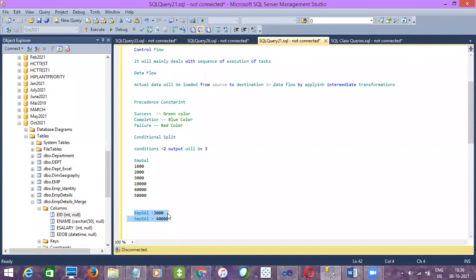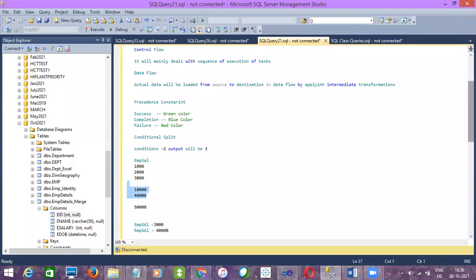So what will be the output for less than 3,000? It will be these three records, right? And what will be the output for greater than 40,000? It is 50,000, right? And what is the data in between? This is the data which doesn't satisfy these conditions, right? So that will be your third output.